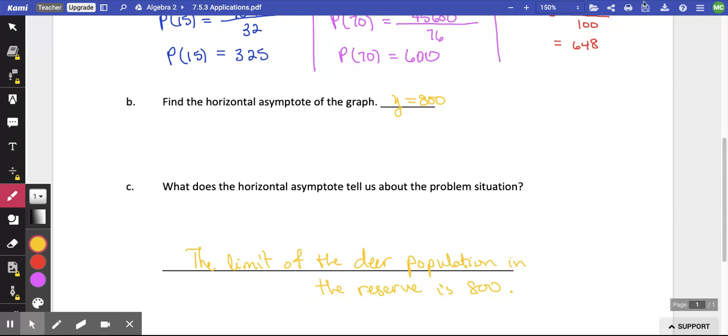Now you'll try example number 6 and then answer the questions on the